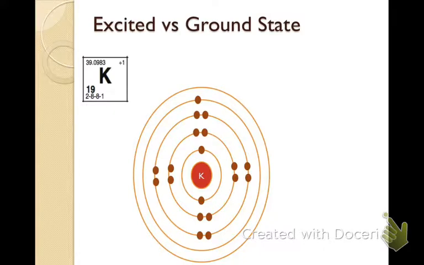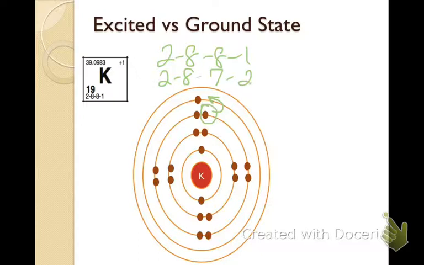In excited versus ground state, remember or think back to the flame test. When we added energy, these electrons actually ended up moving up energy levels. So you might see that we have potassium here, 2-8-8-1, and that's what this electron configuration is. Again, 2 in the first shell, 8 in the next, 8 in the third, and then 1 in the fourth shell. Well, what might end up happening is that we end up having 1 electron move up an energy level. So now it could look like